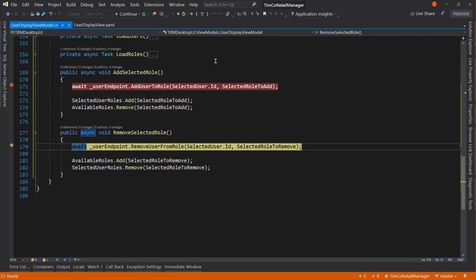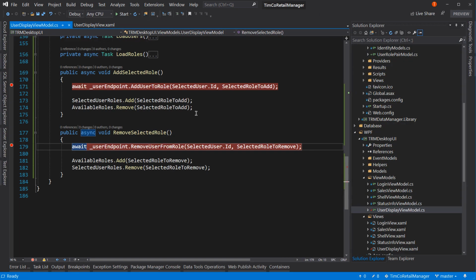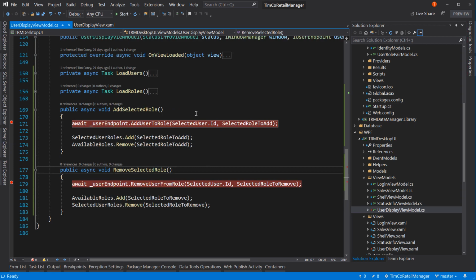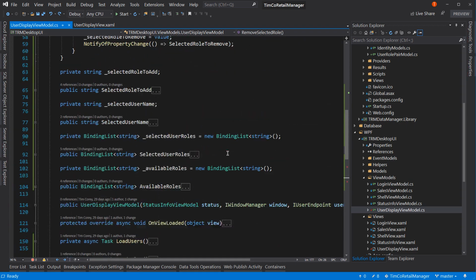So selected role to remove is still null. Role to add is null, but of course I didn't actually do anything here. So I did a little bit of research into Caliburn Micro because I think it's a Caliburn Micro issue. I'm not blaming them because it's still my issue, but I think